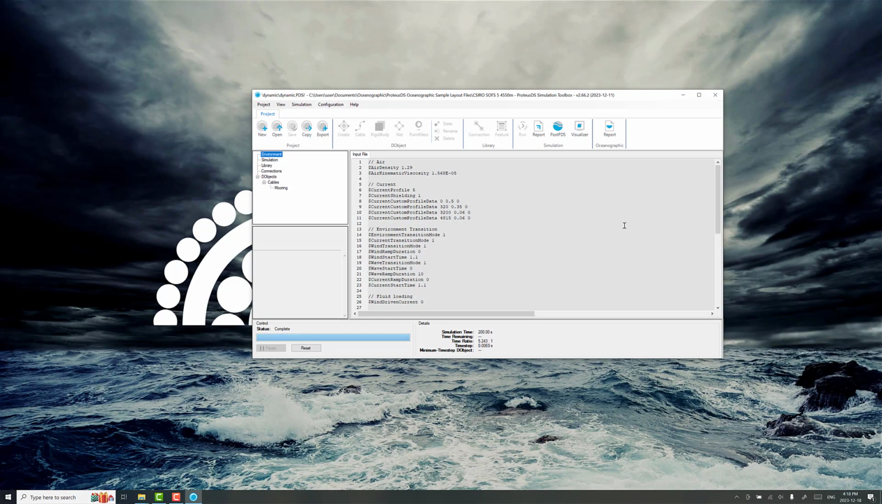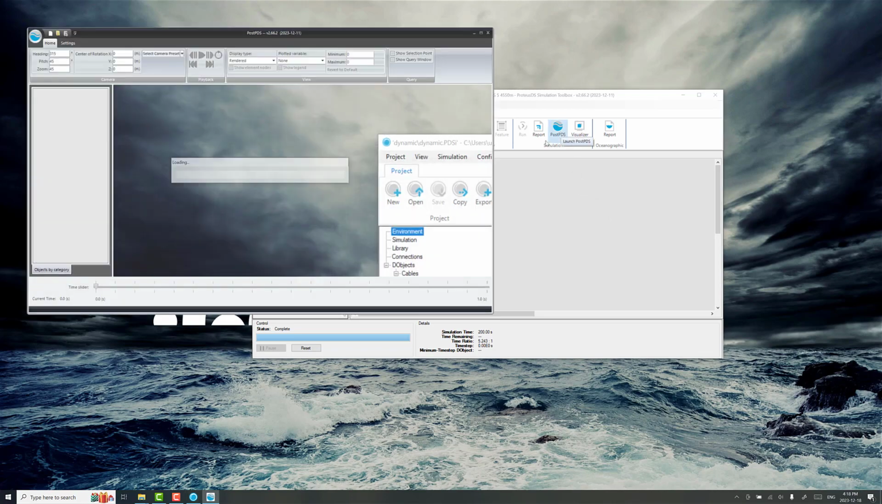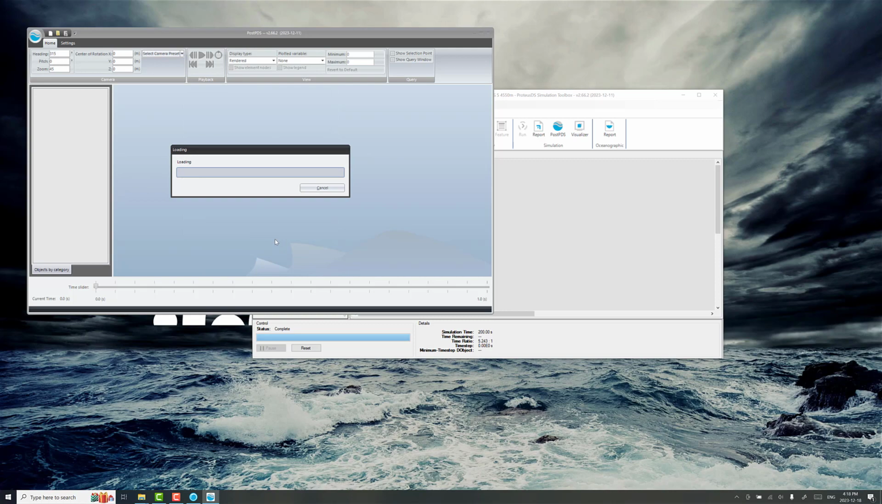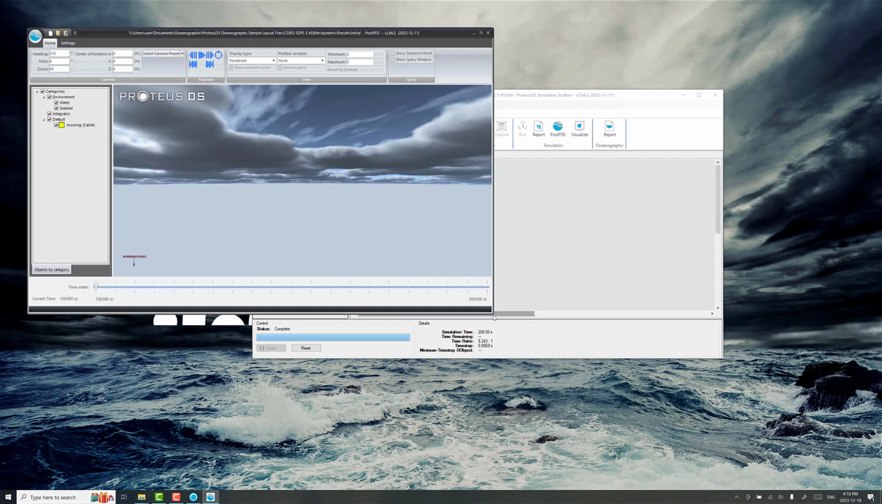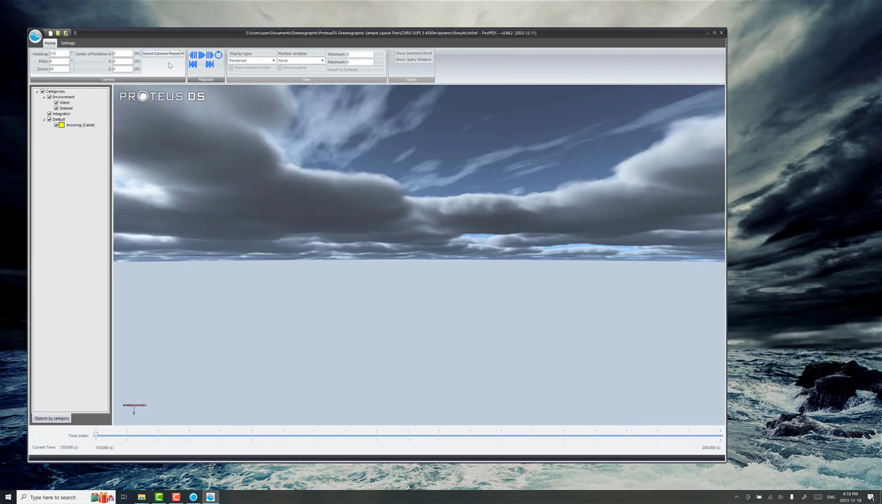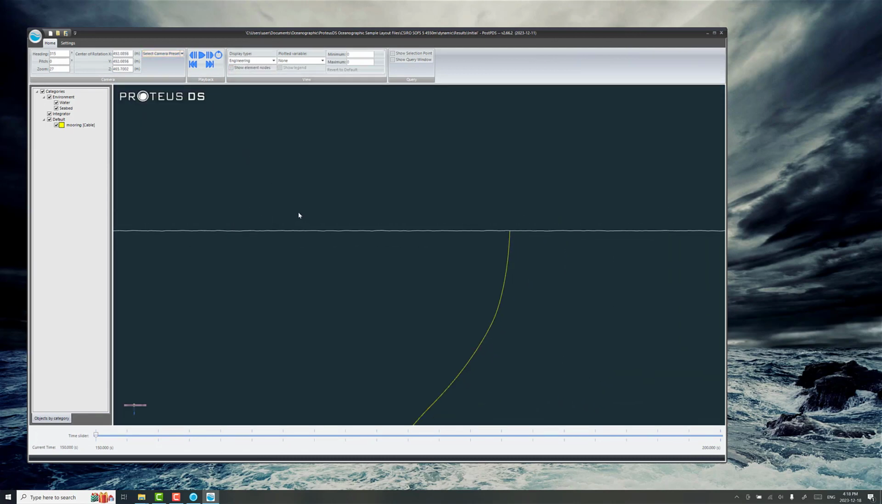Okay, so some time has passed, and now what we want to do is take a quick visual check on this mooring. We'll open PostPDS again. You may not want to load the whole time series, so you can pick some options here to just load a certain amount of time, and it reduces the amount of time it takes to load the file. Here we go. And we'll just make this window a little bit bigger. We'll go to engineering view. And now,